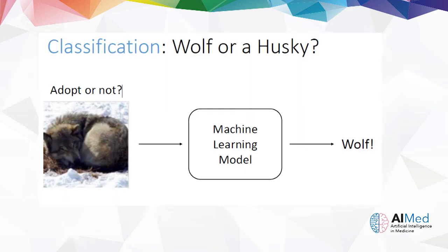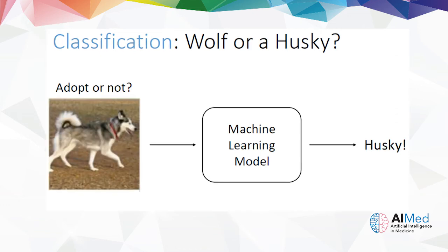So let's look at a standard deep learning application, image recognition. We've seen the cat and dog one. This is maybe a little bit more risk involved because you're trying to adopt a pet and you want to decide whether it's a wolf or a husky. Still, you've got two animals there, and you train a model by showing it a whole bunch of images that you know are what the outcome is, and then you give it some new images and you let it make decisions for you. So in this one, it decides it's a wolf. This one, it decides it's a husky. So the question is whether you're going to adopt this animal or not as a pet.